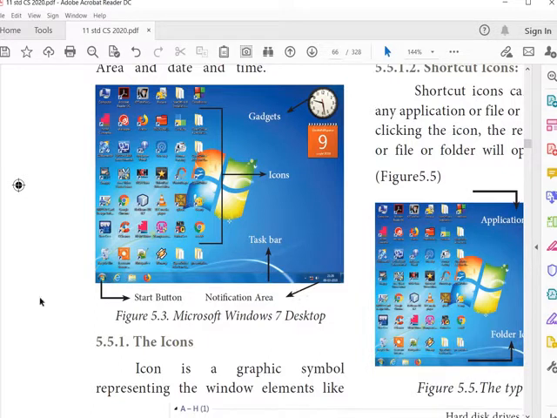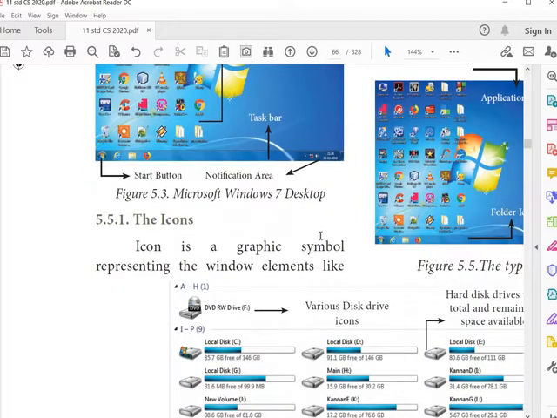The bottom place is said to be the taskbar, and this is said to be the start button. On the right side there is a notification area, and the watch light is said to be the gadgets. This can be removed or added. So the first screen appearance is definitely different from person to person.